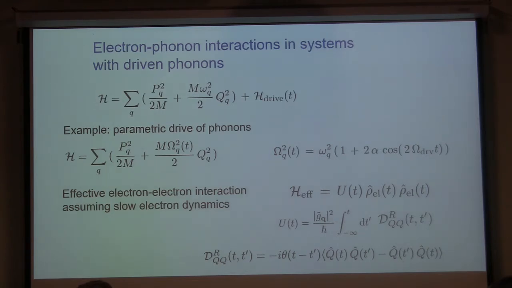Now we're asking, what about phonons which are being parametrically driven? What is the effective interaction that they will induce? Actually, I want to argue that the effective interaction can be related to the correlation function of the phonon displacement. This Q, in this case, really corresponds to just the position of a harmonic oscillator relative to its equilibrium. So what we have to compute is just the correlation function of phonons.